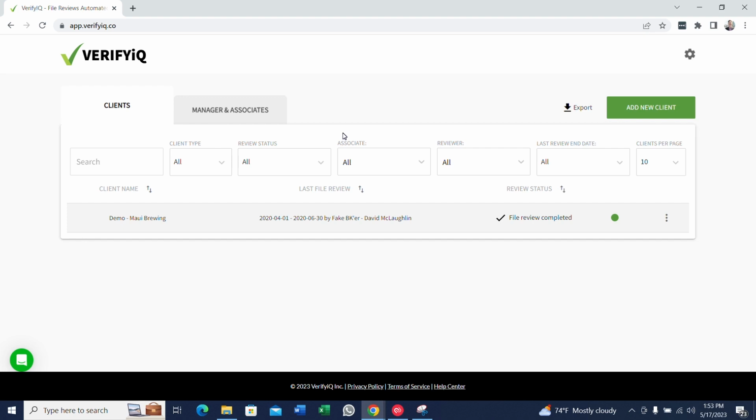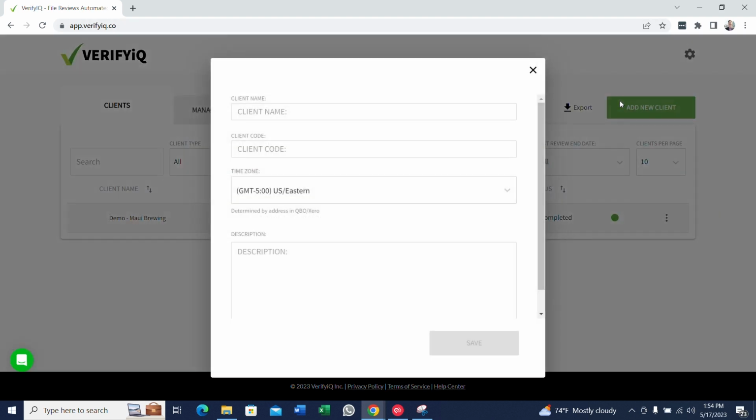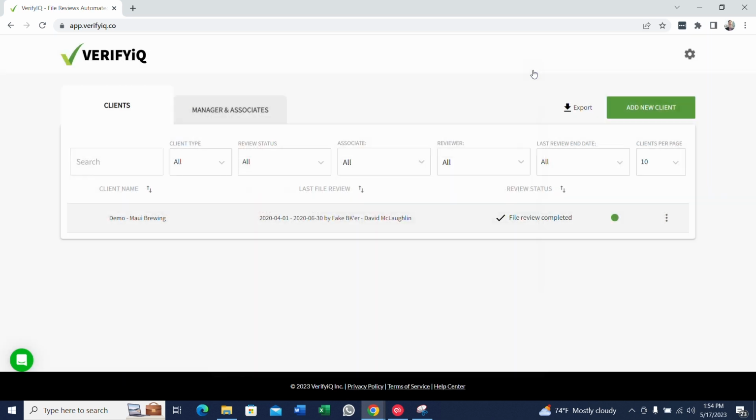Now, the reason this must be done is because potential clients do not count against your client count. Potential clients are free. Active clients are charged against your client count. And currently, there's no way to convert them from a potential client to an active client other than by deleting the potential client at the end of the sales process and then coming in here and adding them as an active client when you're ready to begin their monthly bookkeeping and perform the monthly file